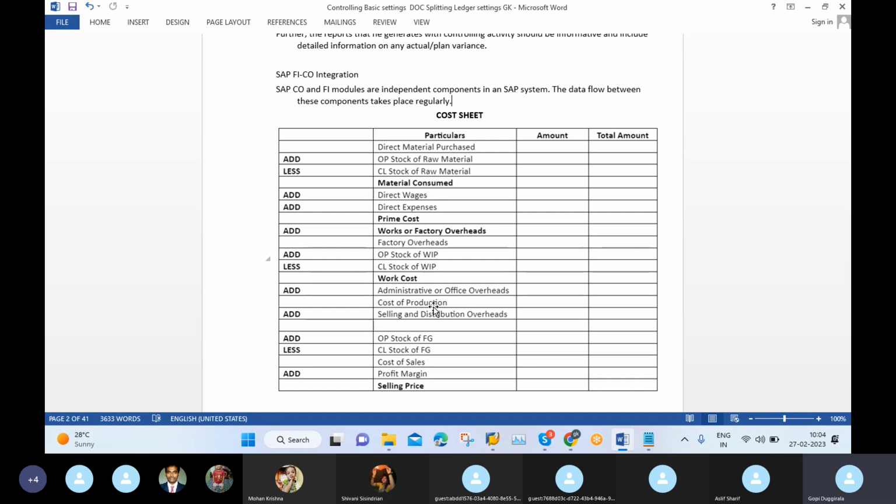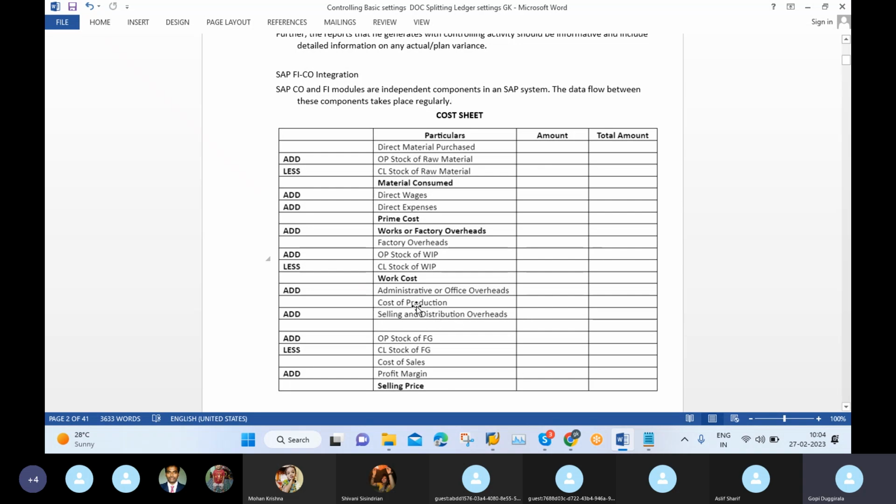So you can assume how much length there is in product cost, right? But now we are the finance consultant. We are not controlling consultants. We do not worry about that. That is completely different consultants. But the thing is, you should know some basics. That is very important. If you have some basics, then only you will become a successful FICO consultant, right? That's the reason I am telling you all these topics.